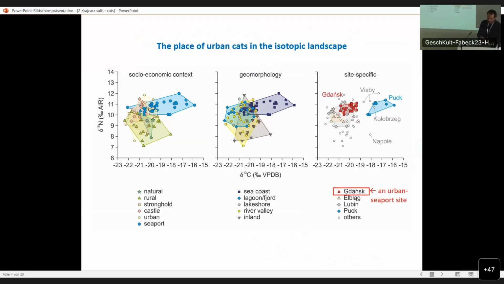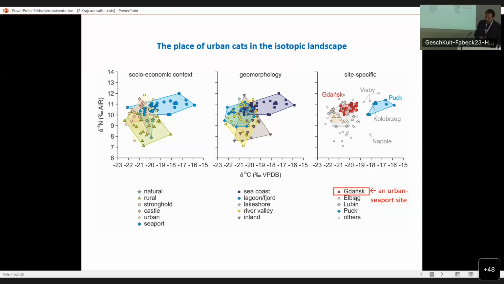Yeah, so we found out that distance from the sea is one of the most important factors that creates the isotopic signal in cats. Socioeconomic context of the site also matters, especially cats from seaports are different from other cats, but in other types we can also see some subtypes. And geomorphological setting, that is again setting at the coast or at freshwater reservoirs. And here in the third graph, you can see cats from Poland and other countries around the Baltic Sea,